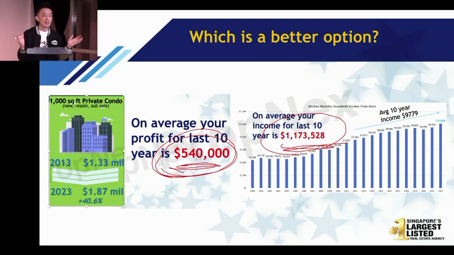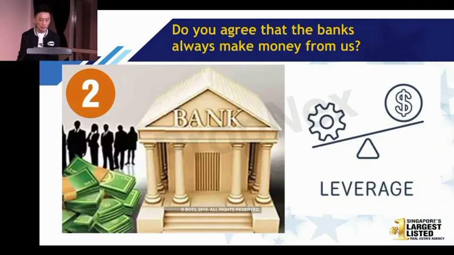Just 10 years, can you imagine, just 10 years, if you don't own an asset, whatever you earn, you don't get back a single cent. And that is scary. Unless you are a super saver, don't spend 1 cent, every time you take back $10,000, you just keep your $10,000. I don't think many of us can do that. So eventually, that's the reason why I say it's so important to learn how to use your income to build your capital using assets. That is important.